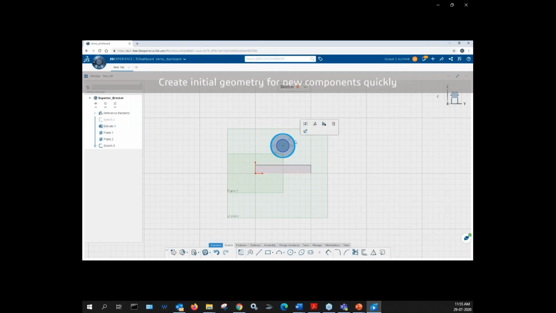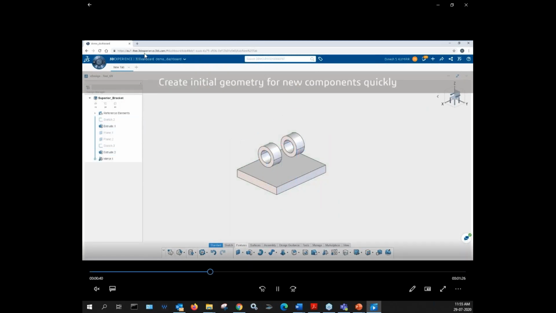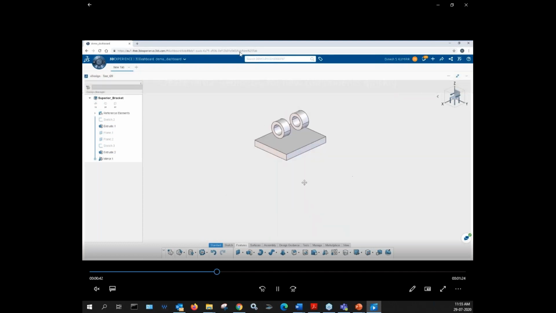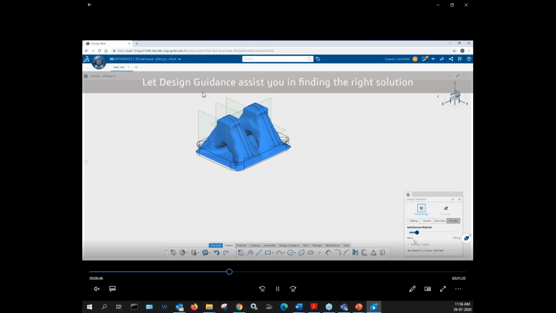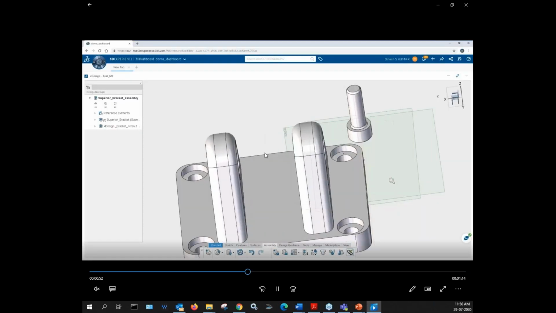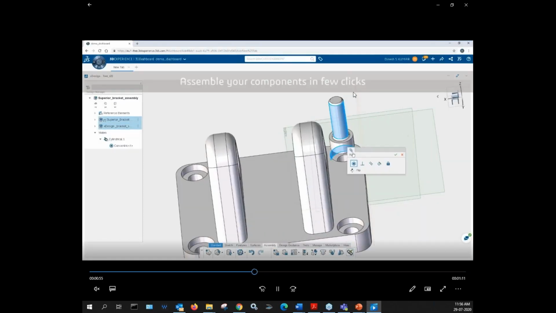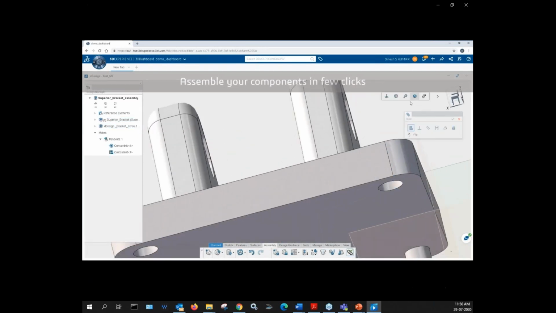As you see, we can create our own geometry using this XDesign app. On the top, it is completely URL based. I just logged into the URL and started creating my own design. Then using the design guidance, I optimized my design. Then I started assembling my design by importing different components in a few clicks.